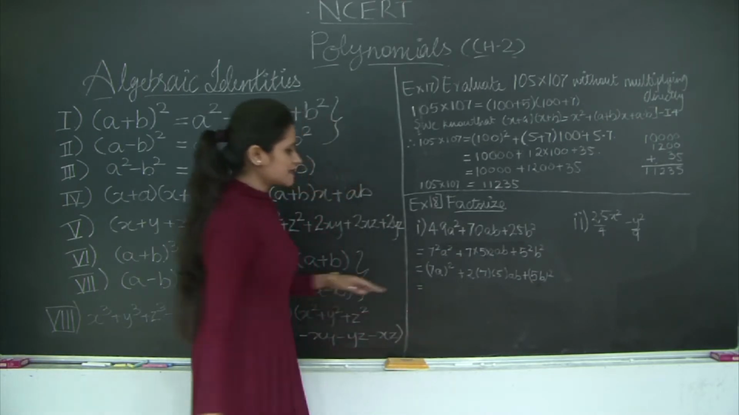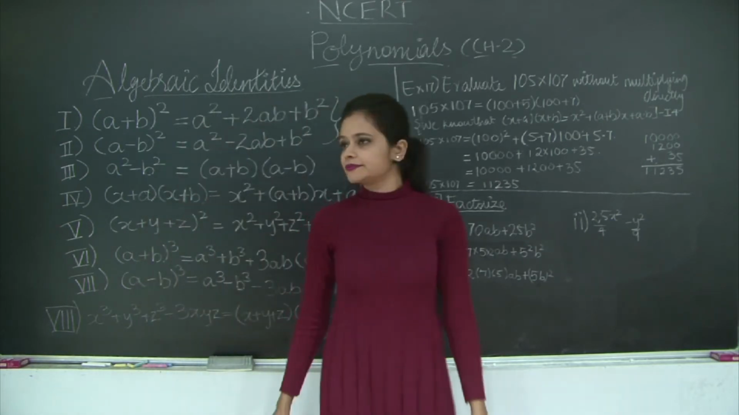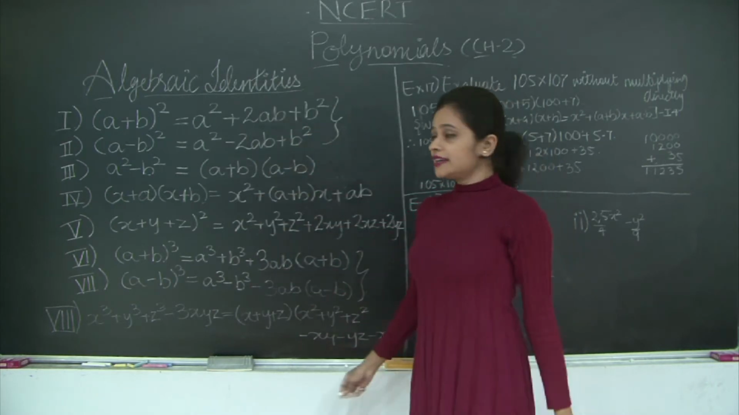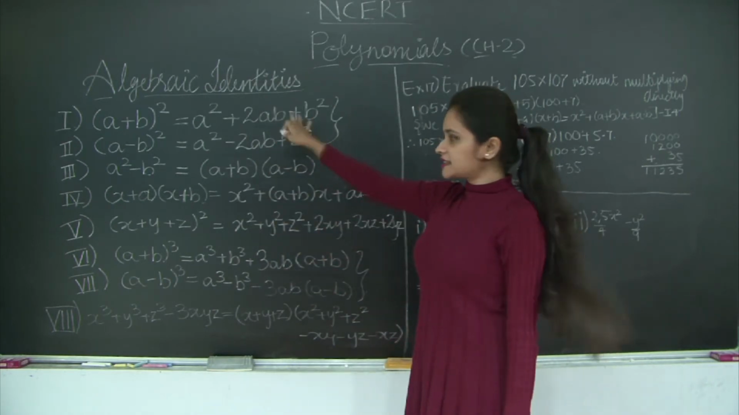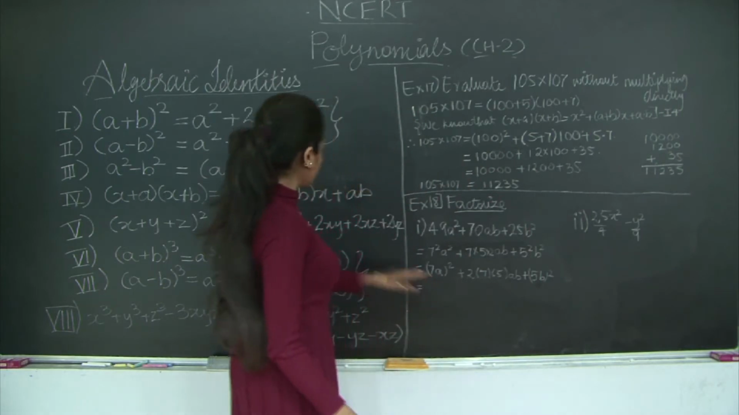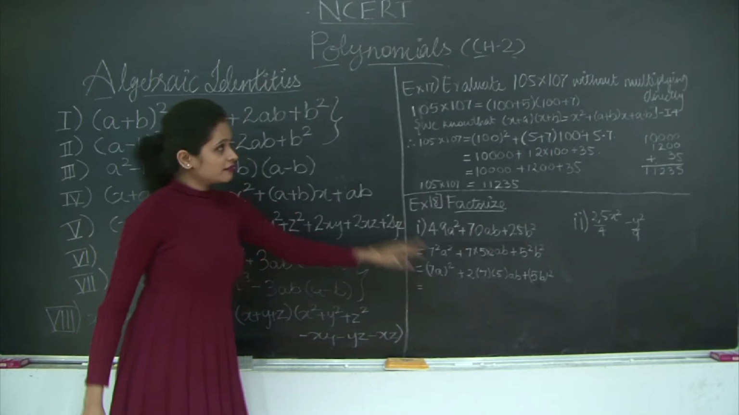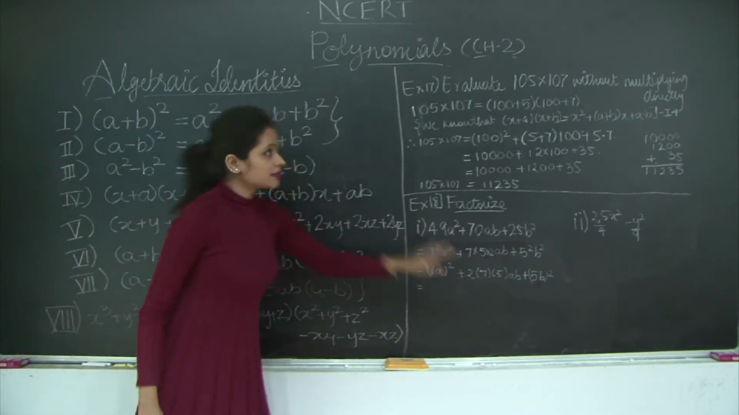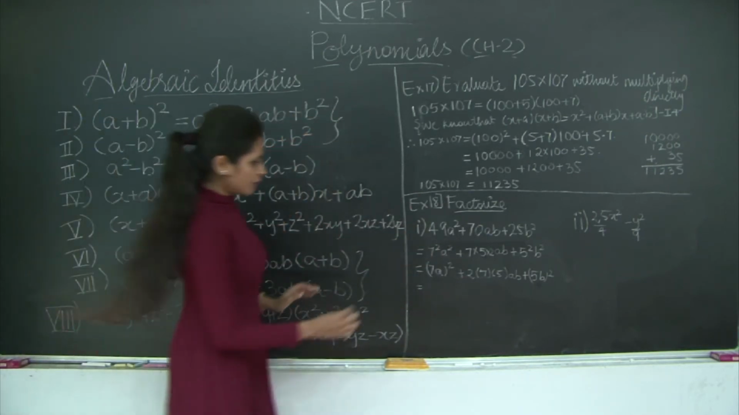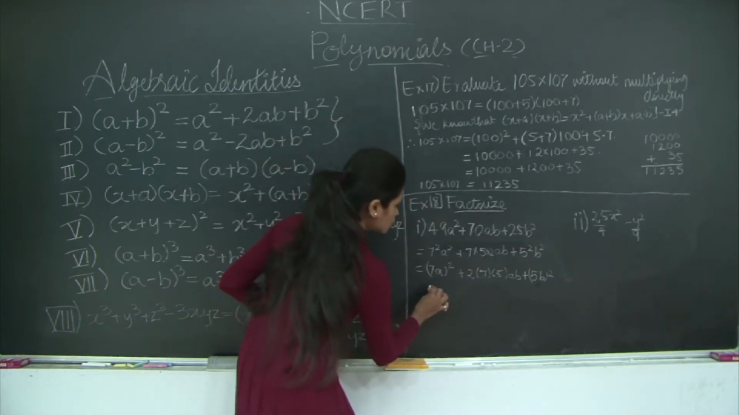So does this resemble any of the formulas here? Take a look. Yes, it does. This is identity 1, right? See, you have a square, so a square plus 2ab plus b square. Therefore, using identity 1,